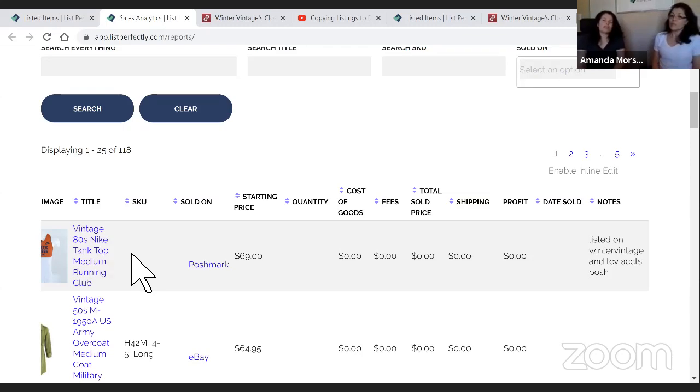Another important note is when you list from List Perfectly to a marketplace, even if I copied that listing from Poshmark into List Perfectly, recorded that,